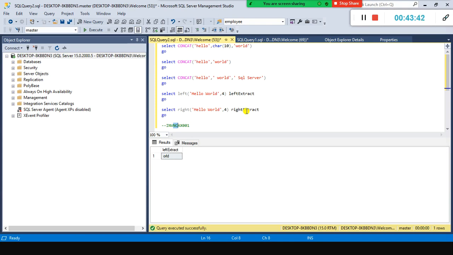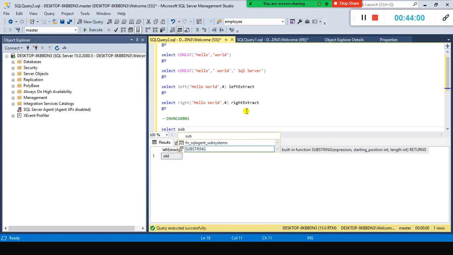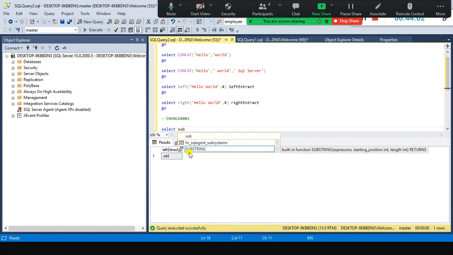So how does this substring function work? Look here. I don't remember the exact syntax, not because I forgot, but because I work with multiple different programming languages.